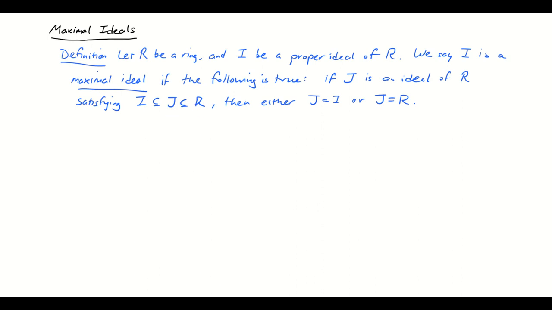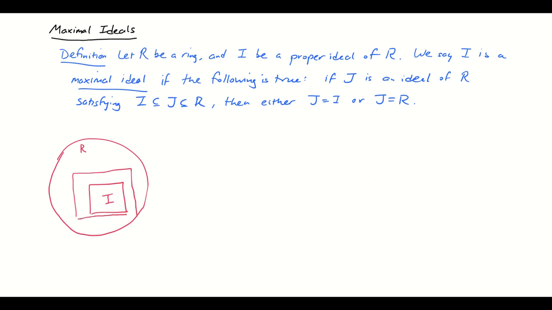Okay, so to express this by a picture, you might picture this being a ring. So this is R, and then this is some ideal. All right, we'll call that I. Now, if I is maximal, that means it is not possible to find some other ideal J, which is bigger than I, but smaller than the whole ring. So this picture, if it was an accurate representation of events, would indicate that I is not a maximal ideal, because there is some ideal, in this case J, which is bigger and is not the entire ring.